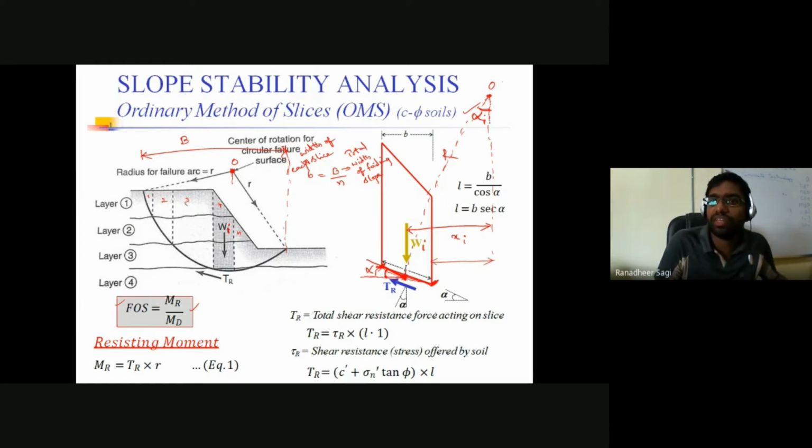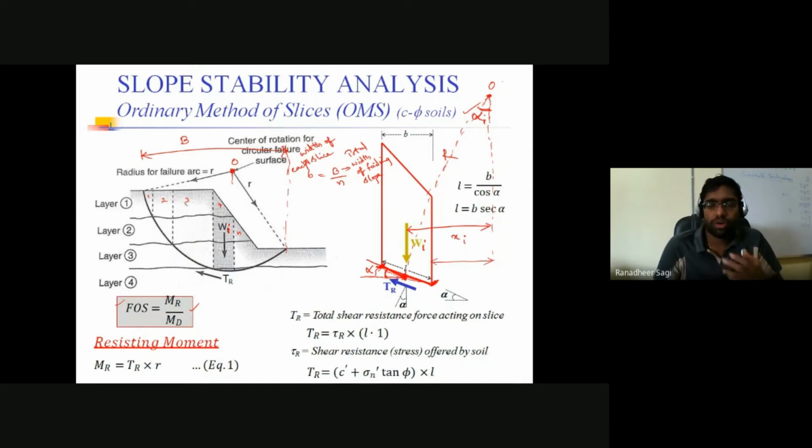So this normal with the vertical, how much inclination it is going to be making is simply nothing but alpha I. That's how we understand how to represent the forces acting on that particular slice. Once we know the weight represented, and once we understand at what angle of inclination the failure surface exists, how do we calculate the force causing the failure in your slice and the force which is getting resisted along the failure surface in that particular slice?